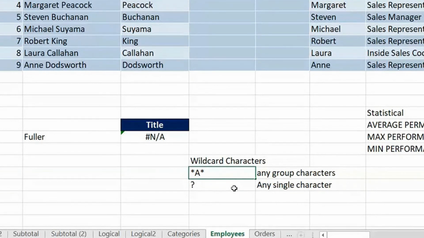Star means that. In the same way, if I write A and a question mark, that means any word starting with A and having only 2 characters. If I write two question marks, that means 3 letters starting with A: after A, only 2 characters. Why 2 characters? Because 2 question marks. If I write one question mark, A and 1 character like AB, AC, AD. It cannot be ant. It can't be apple. It cannot be anything more than 2 characters, but the second can be anything. Something like that is called a wildcard character. So Excel says, hey, you can also use wildcard characters here.